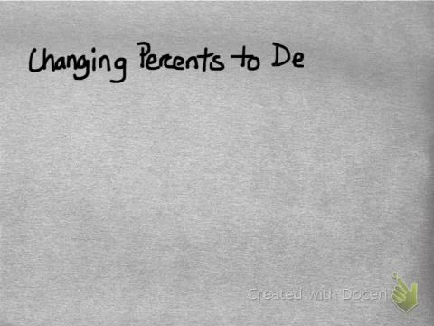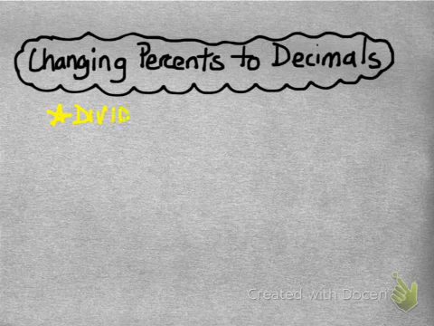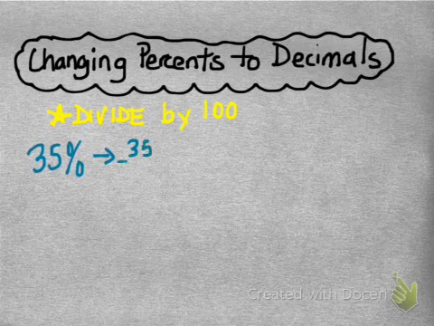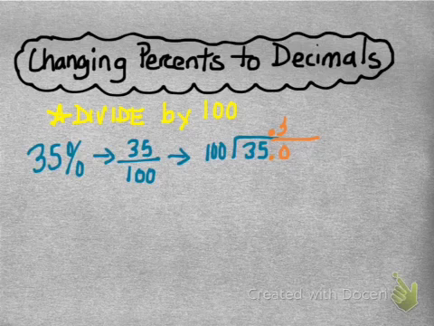Okay? Now, technically, all you're doing here is dividing by 100. So, for example, if we have our percent here, 35%, that's 35 over 100, so we get 35 divided by 100. And of course, 100 doesn't go into 35, so you add a decimal point and zeros, and then do your division like it's 100 into 350. And you do your math there, and we come up with the decimal,